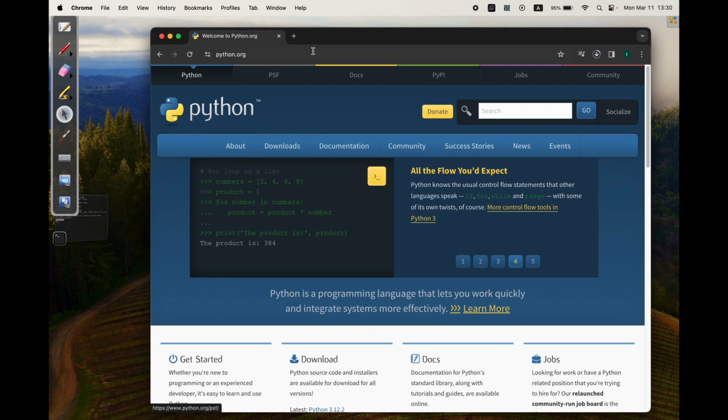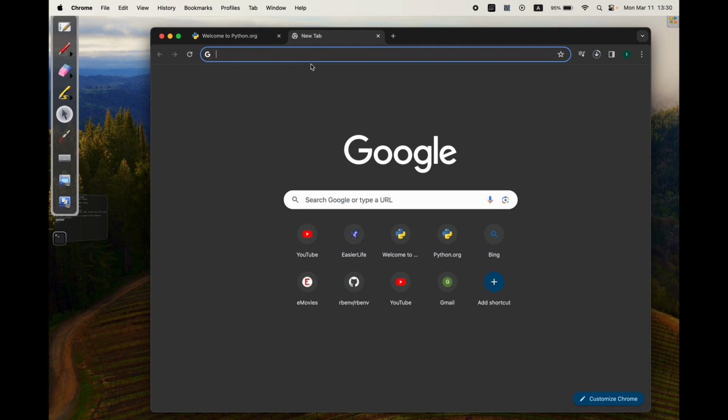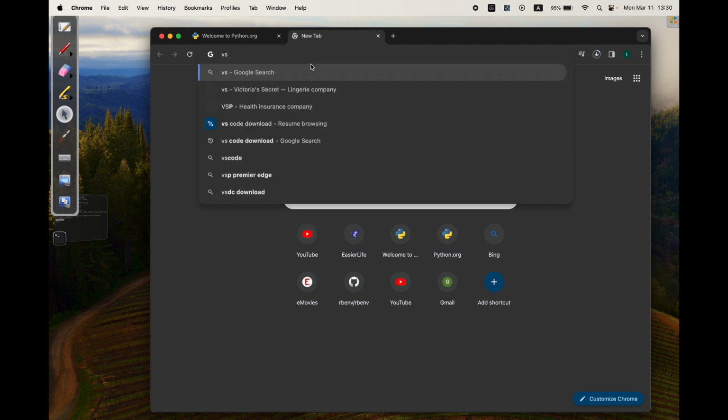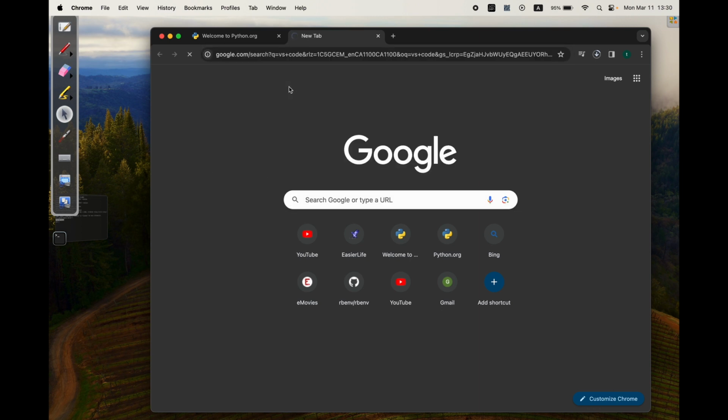But I will use VS Code because I'm used to writing code on VS Code. So you just come to your browser and search VS Code, like this,